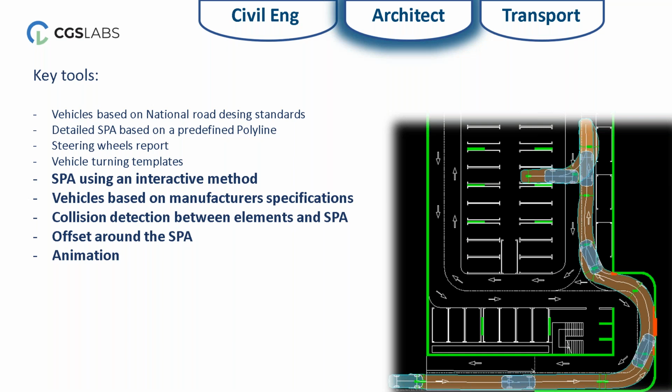Then we checked collision detection. We checked those elements around the swept path analysis and pointed out those ones which had some kind of interference. And once we moved to the vertical analysis, we created a clearance, an offset around the vehicle to make sure that that gap is going to be free from obstacles. And in both views, we managed to create an animation to recreate the movement of the vehicle,